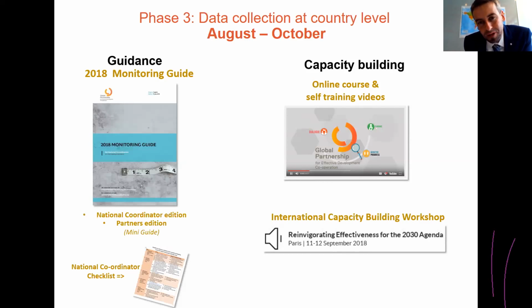And also, equally important, as you may have already received an invitation, we are organizing an event in Paris on the 11th and 12th of September 2018. On the 11th, it's more focused on building capacity across national coordinators on how to advance the process of monitoring at country level, how to address issues that you're facing, understanding things that weren't clear, and making sure that the process is smooth, simple, and generates added value for your country, and the results can be used afterwards to really drive action and strengthen your role as an entity coordinating development cooperation in your country.